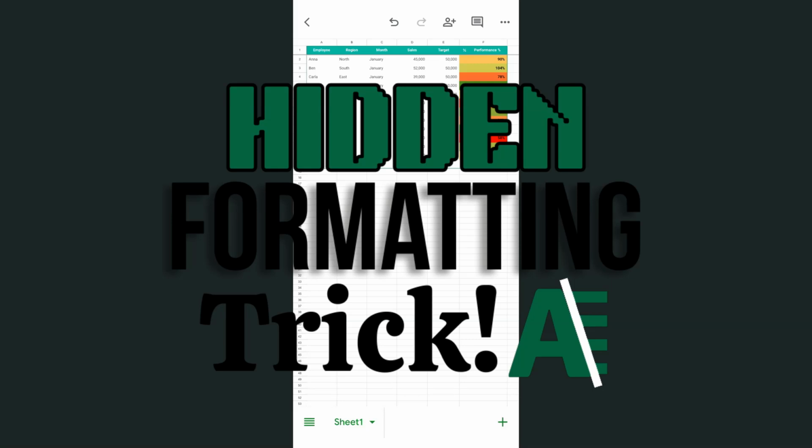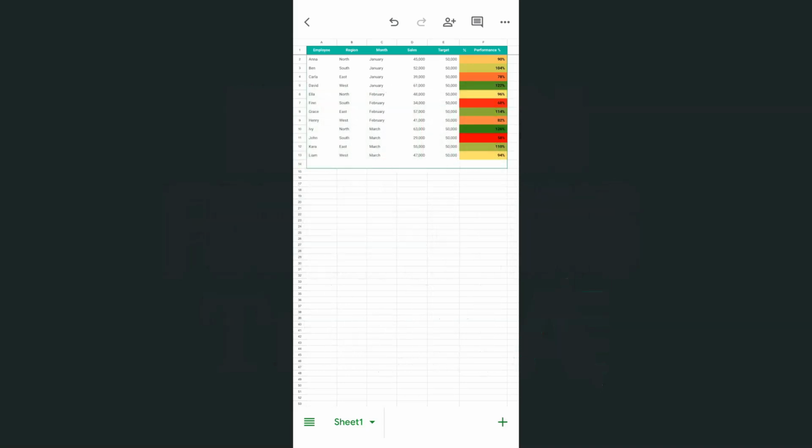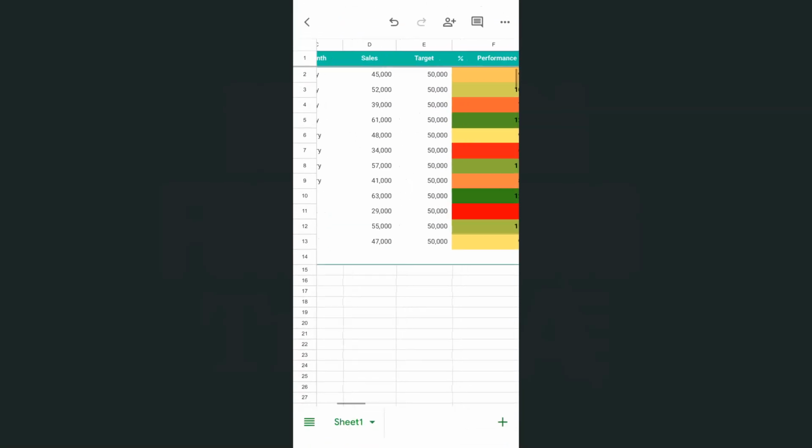In today's video, I'm going to show you this hidden formatting shortcut that will save you time right here in the Google Sheets app using your iOS devices. So I have my Google Sheets app open on this iPhone right here. And if I want to quickly format these two columns right here into currencies, this is how I'm going to